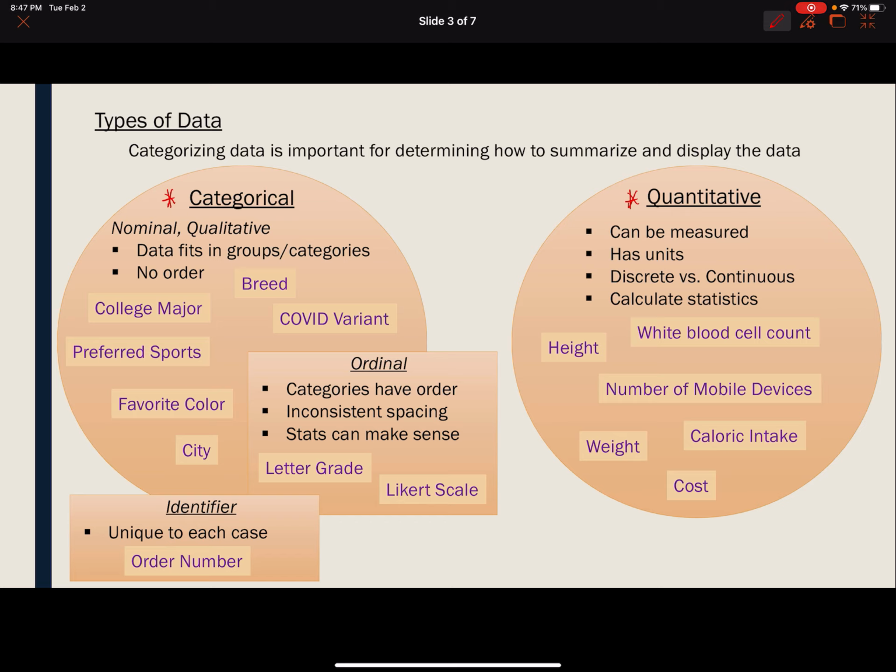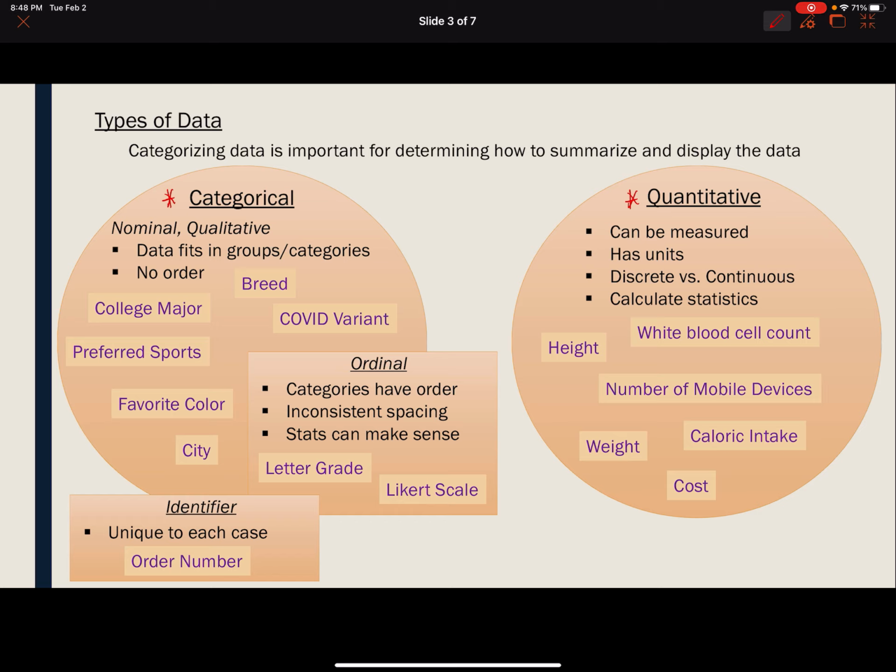We do have 2 types of quantitative variables, and we don't get into it too much in this class, but there's discrete versus continuous. So discrete means countable, something like the number of TVs in your house. You can't have half of a TV. So maybe the answer is 2, maybe it's 3, maybe it's 5, but it's a countable number and there's no fractions. Whereas continuous would include any kind of fractions between those whole numbers. So height, for example, is a continuous variable because you can be 5'4", you could be 5'4.5", you could be 5'5", and so